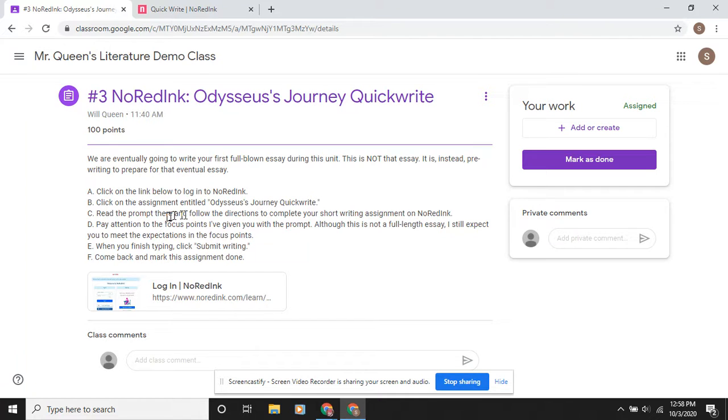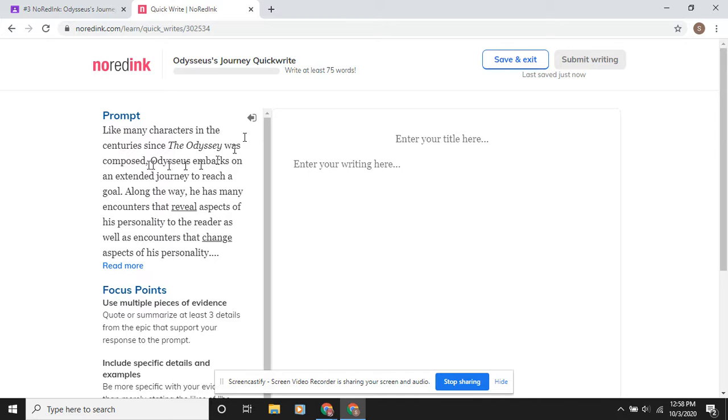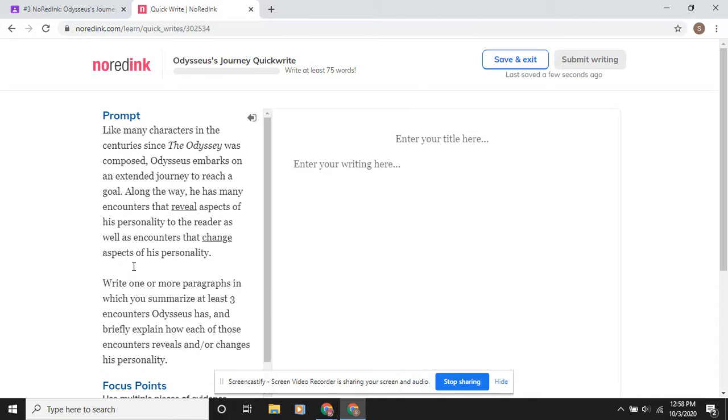C, read the prompt there and follow the directions to complete your short writing assignment on No Red Ink. The prompt says, like many characters in the centuries before the Odyssey was composed, Odysseus embarks on an extended journey to reach a goal. Along the way, he has many encounters that reveal aspects of his personality, and notice the underline reveal here, to the reader, as well as encounters that change, and notice that's underlined as well, that change